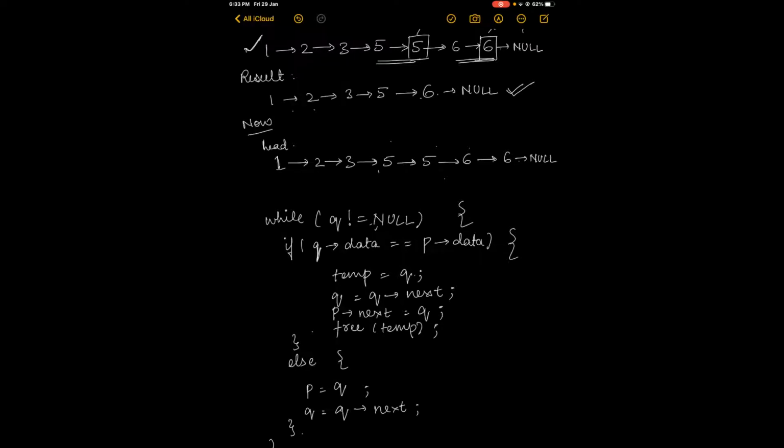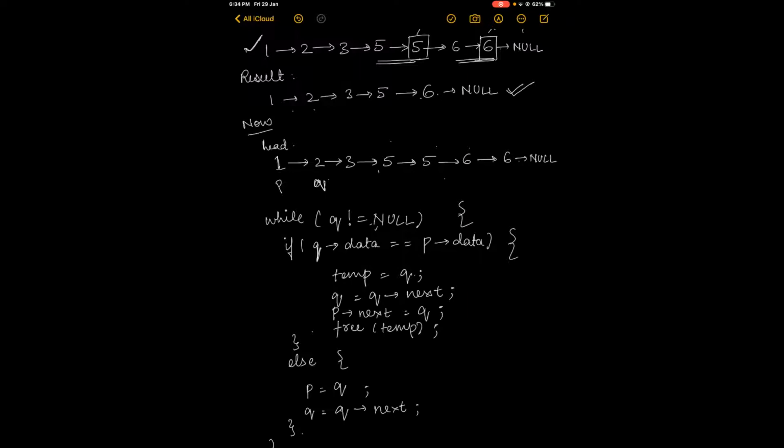So as you know, we do not manipulate the head, instead we make a new pointer, assign the value, and later manipulate it in the code. So we'll be making two new pointers called P and Q. P is equal to head and Q will be equal to the next of head, and then comes a while loop, that is while Q not equal to null.